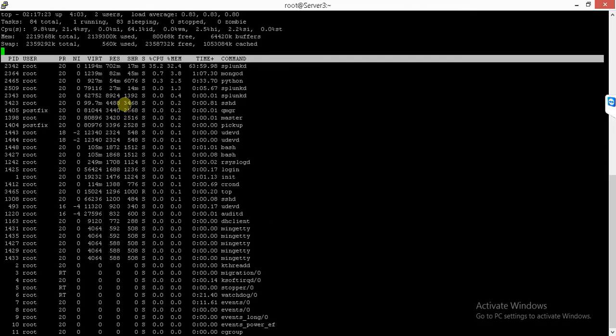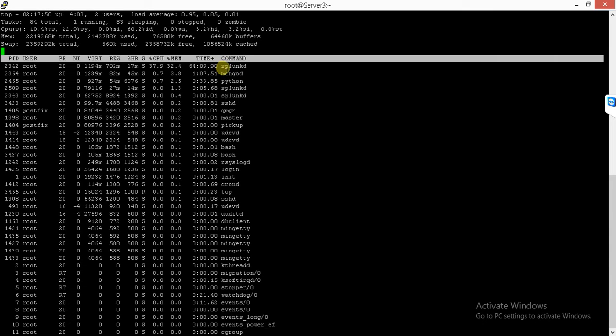So when you type Shift+M, you can get the actual amount of memory which a process has consumed. See, it is sorted by memory. So 32.4 MB of memory is consumed by this user root. Currently I am only logged in as root, so root is consuming more memory. And see, this is the process which is consuming the memory.